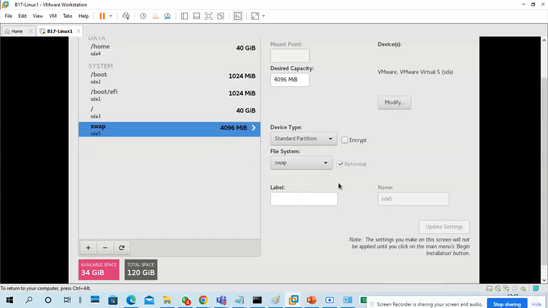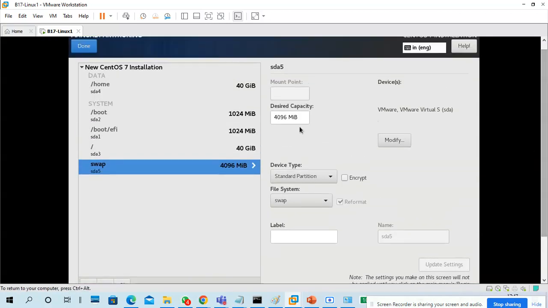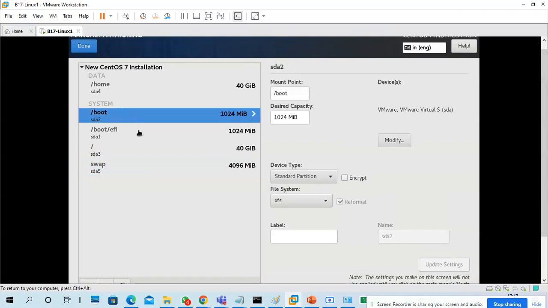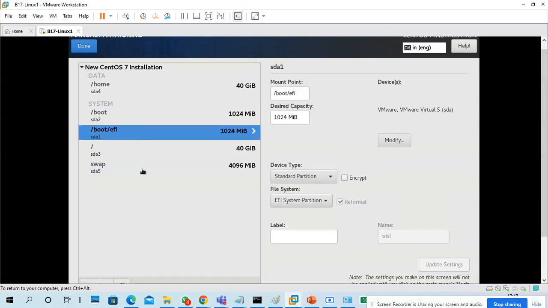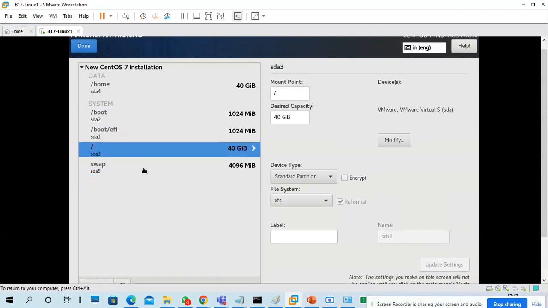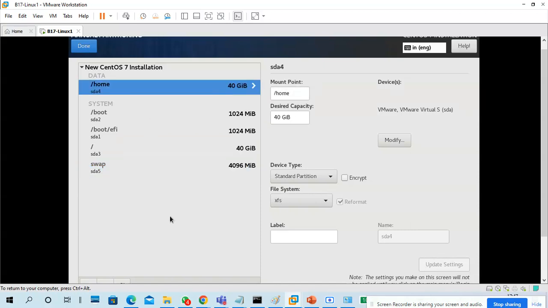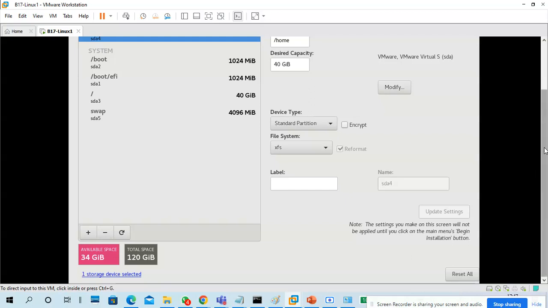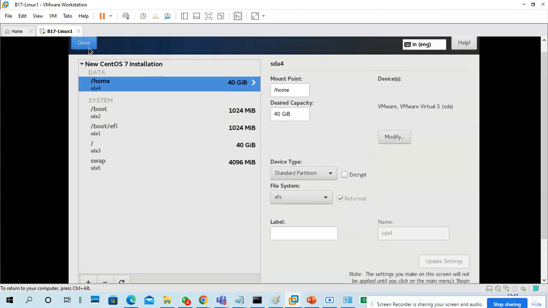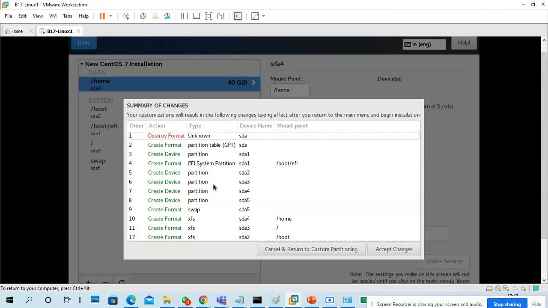So that is my planning. As per planning I implemented boot, boot efi, slash 40 GB, swap 4 GB, and home 40 GB. Okay, so click on done.